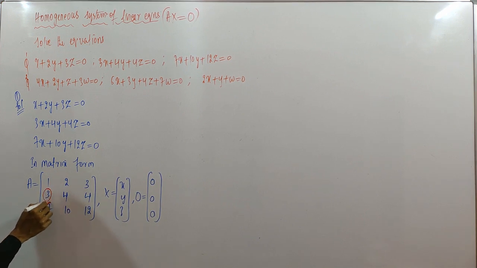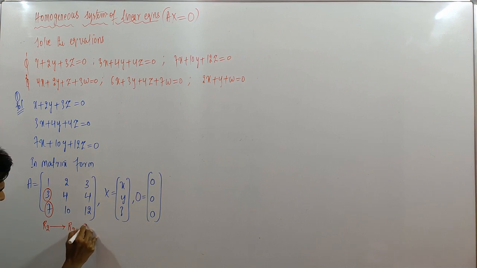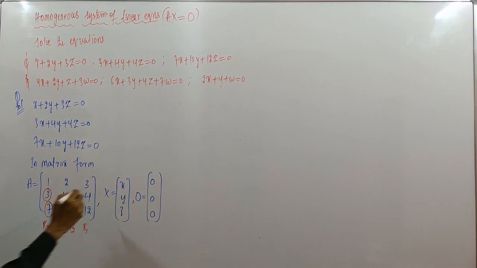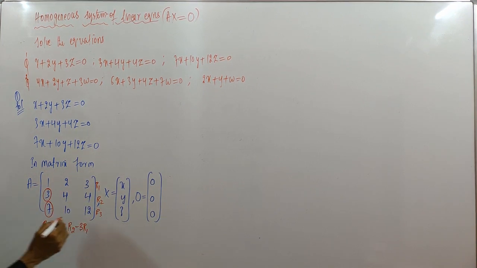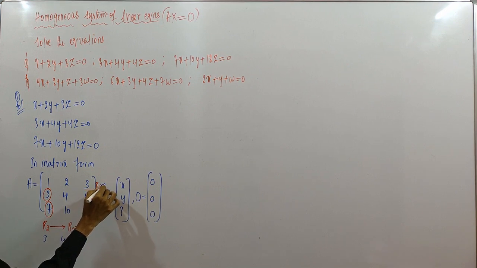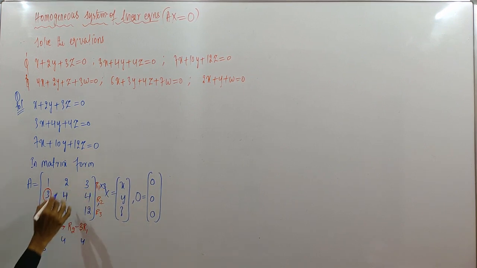So here I have to make these values 0 by applying elementary row transformations. So R2 changes to R2 with the help of R1. So here we have 3R1 and 1R2, this is R1, R2, R3. Put a minus sign. Now write down R2: 3, 4, 4. 3R1, so we have to multiply by 3 here. 3 1s are 3, 3 2s are 6, 3 3s are 9. Now the minus sign is there, so apply minus. We have 0, -2, -5.